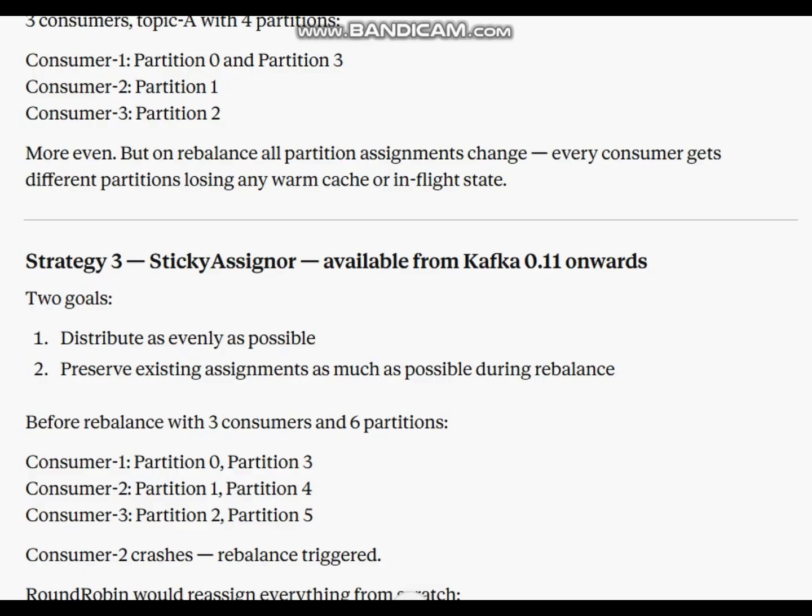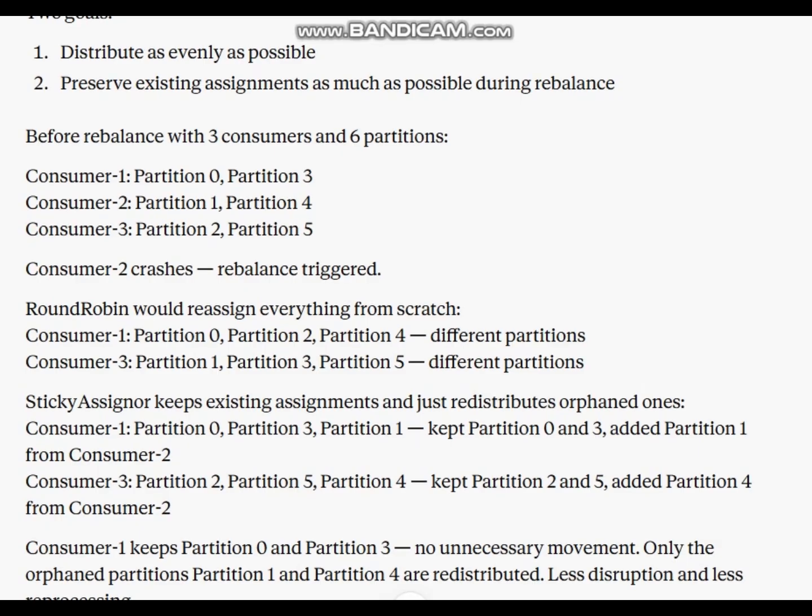Consumer 2 crashes, rebalance triggered. Round robin would reassign everything from scratch: consumer 1, partition 0, partition 2, partition 4, different partitions; consumer 3, partition 1, partition 3, partition 5, different partitions.